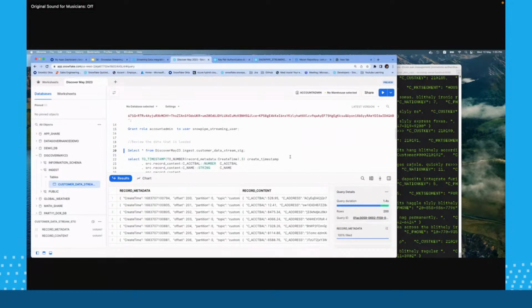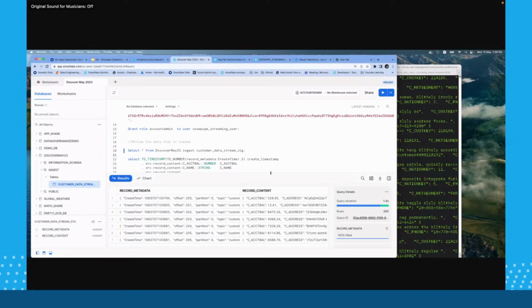How much time did it take? Barely a few seconds. If you would have done this with Snowpipe, how would you have done it? You would have copied these entire 200 records into a file. You would have submitted the file to an S3 location, wherein the Snowpipe process would be listening, and the moment the file arrives in that S3 location, Snowpipe loads it into Snowflake. Now that's a time-consuming process. It would have taken at least 30 or 45 seconds for this entire thing to be done with Snowpipe. But here we have been able to do that in seconds.